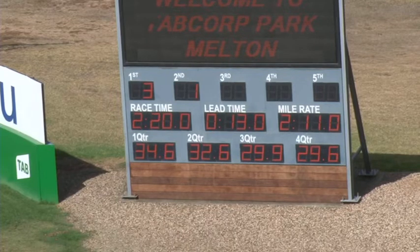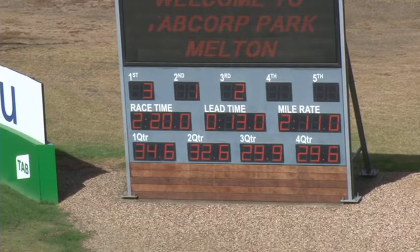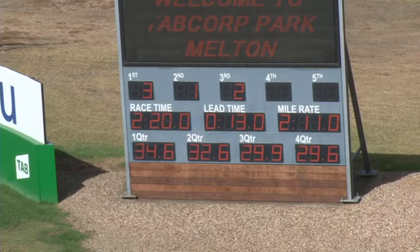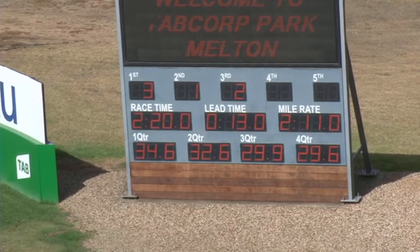Gross was 220, mile rate 2.11. Last mile was 26.9, last half in 59.6, and the margins are 14 metres, we stand by for second and third, 14 by 86. 3, 1 and 2 the numbers, mile rate 2.11, last mile 26.9,